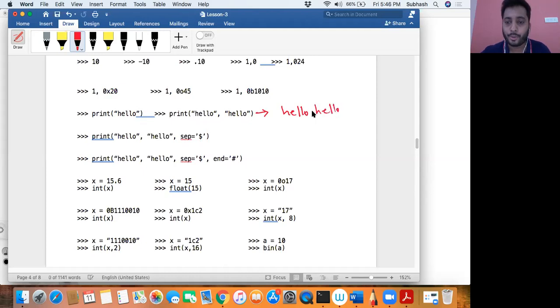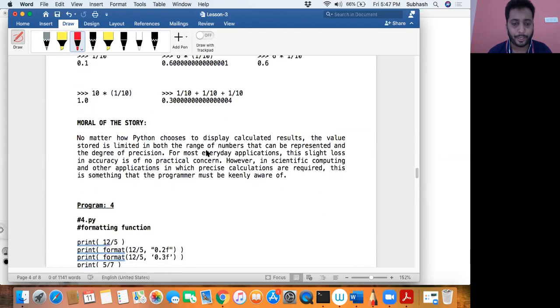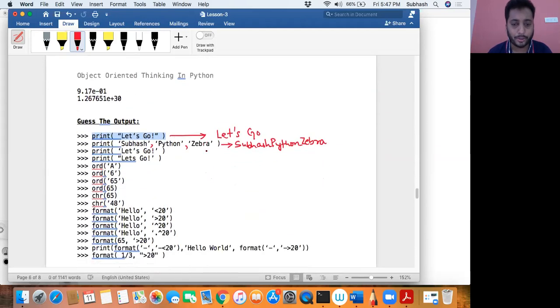Okay, suppose you want something else instead of space, then you will have to mention that in your variable SCP is equal to dollar or whatever it is. So that will get replaced over here. Is that okay? Yeah, they are basically default arguments, which I'll be explaining in detail later as a separate session. For now, just understand this. So play around with this, put a dollar sign, put some other number and all that, then you'll understand what it is. Okay, fine, let me come to the next output over here.